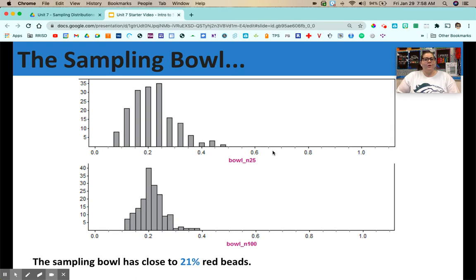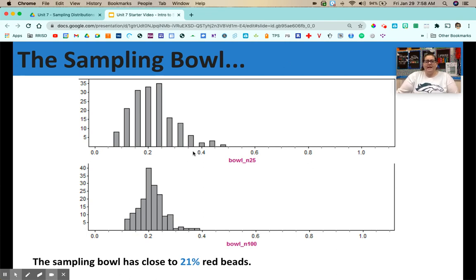Maybe this is a sampling bowl with higher reds. Maybe I didn't actually take a random sample. Maybe I handpicked red beads to put in the little paddle to get my answer. But this sampling distribution is giving us that idea of what to expect, versus what I say I got. And I can help decide, is that statistically probable, or am I questioning that sample proportion that I'm saying that